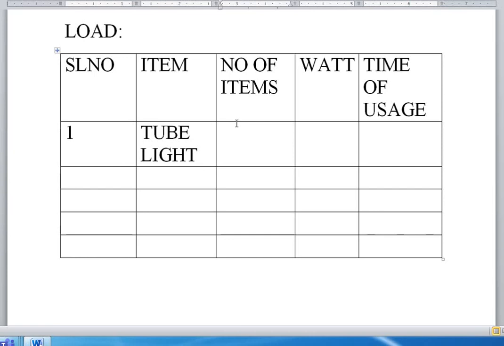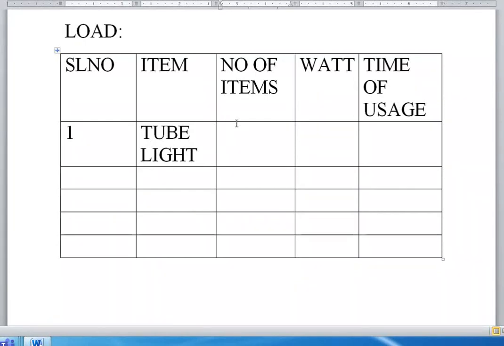So when I say serial number 1, let me concentrate on tube lights. How many tube lights are there in your house? For example, you take 6 rooms. Remember, I am giving a particular example. In reality, you will be designing it for your house, so that only then will our concept be successful. Otherwise, it's just like teaching non-interested students. So please remember this.